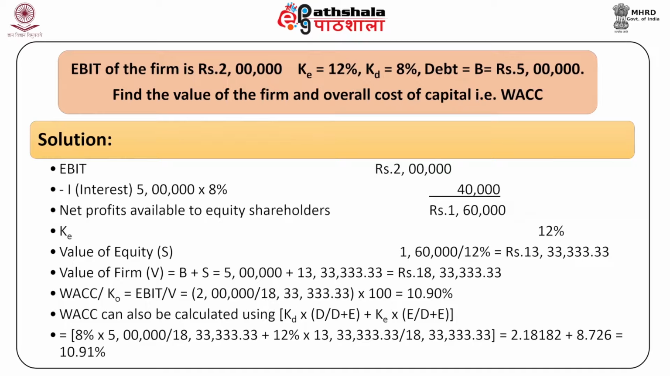This is equal to 13,33,333.33. Now value of the firm V is equal to B plus S. This is equal to 5 lakhs, that is the value of debt, plus 13,33,000 which we have just calculated, and the total value of the firm is equal to